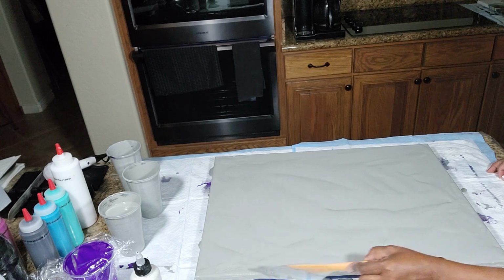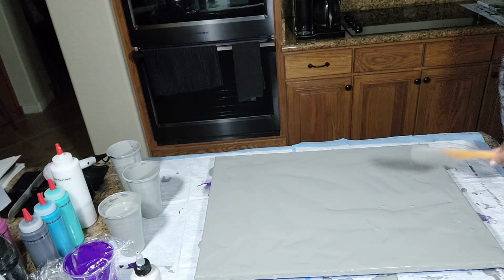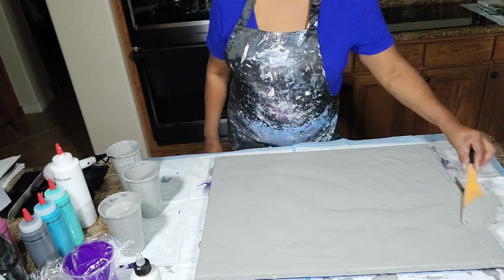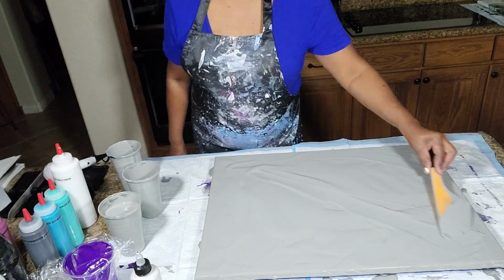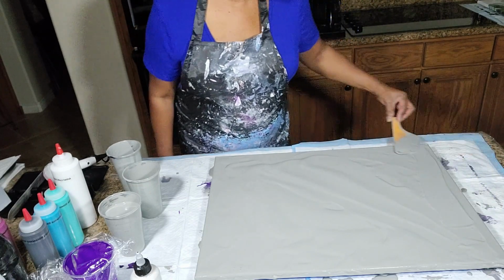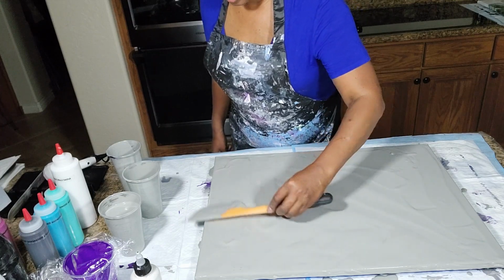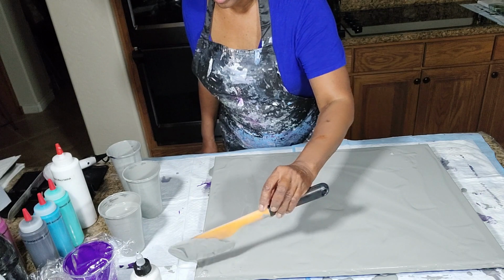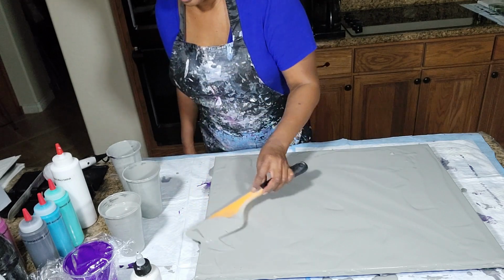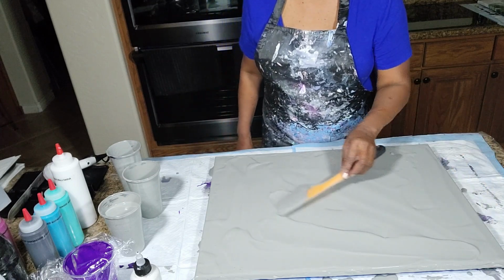Okay, we have just about covered everything here on this 18 by 24 inch canvas. And we are going to just give it a nice little wipe around, getting a feel for how much paint we have on our canvas and making certain that it's pretty much level all the way across with the amount of paint we have. There's not too much in any one spot. That's one of the beauties of using a spatula. You can actually feel a little bit more of the paint as you're moving it. The spatula allows that to happen. Not so much with the blow dryer, even though it's wonderful and I love it and it does work well,